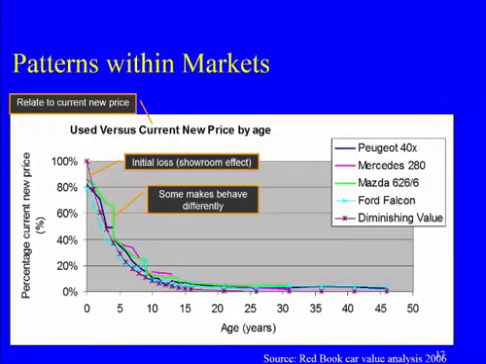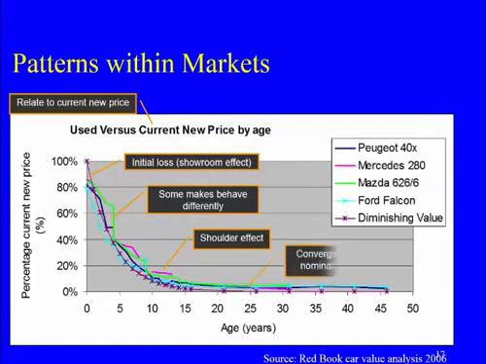We'll also notice that there is a shoulder effect evident, although not quite as evident as our initial discussion may have suggested. We see it with the behaviour of the Mercedes, say around 10 years old, where it seems that their values do plateau out for a time. The other main point to note from this graph is that over the very long period, all of the vehicles considered do tend to converge down to a residual that appears to be somewhere between about 5 and 10% of